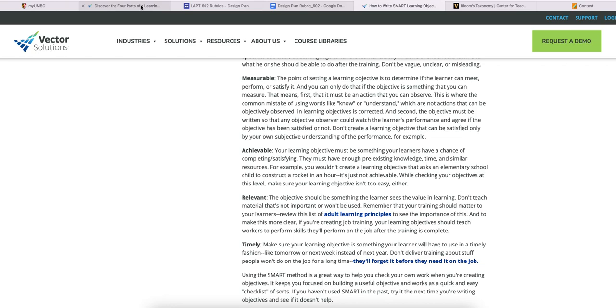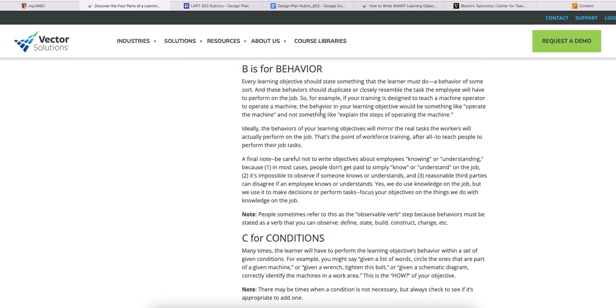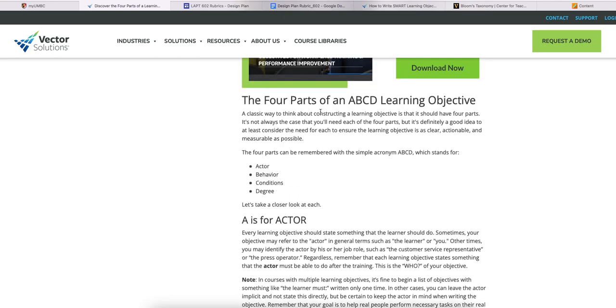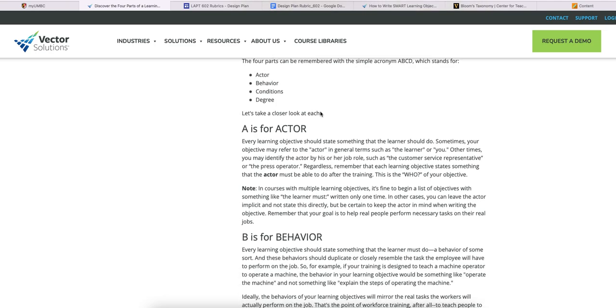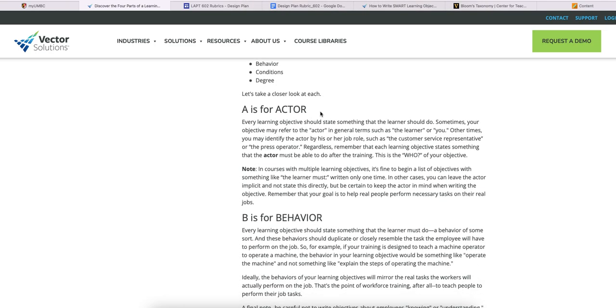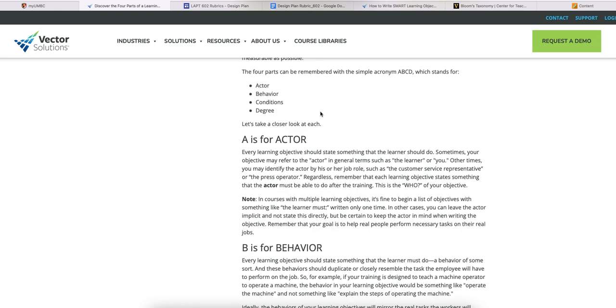Okay, so when we think about an ABCD objective and writing those for your design plan, these were the materials provided to you to help you do that. Every single behavior, every single objective is written as an ABCD objective, every single one. It is tedious. It feels clumsy. It will make you better than 99% of the designers in the workforce if you can master this, because by mastering this, it shows that you really understand where the learning fits into the larger performance issue. We'll do this again in 603, but it's very good to get the practice now.